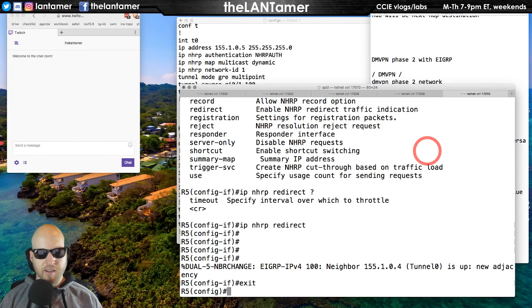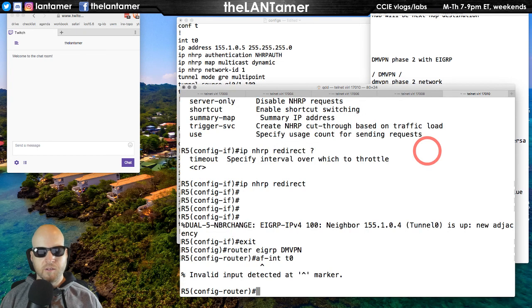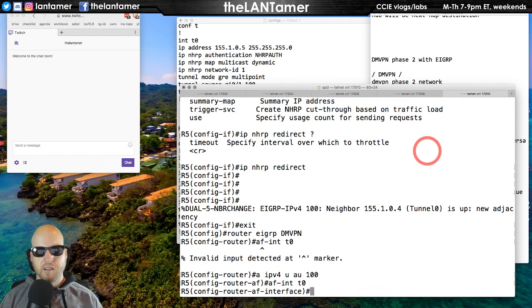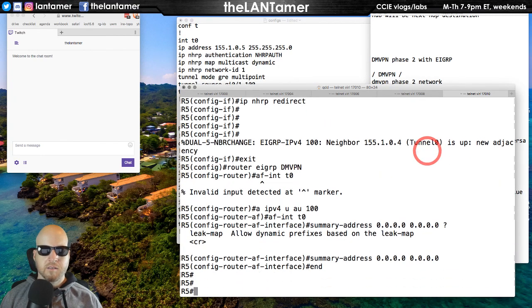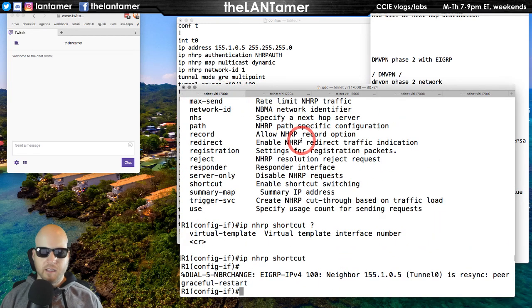So we're going to say on router EIGRP DMVPN, address family IPv4 unicast 100, AF interface T0, and summary address. Okay, resync. And now,